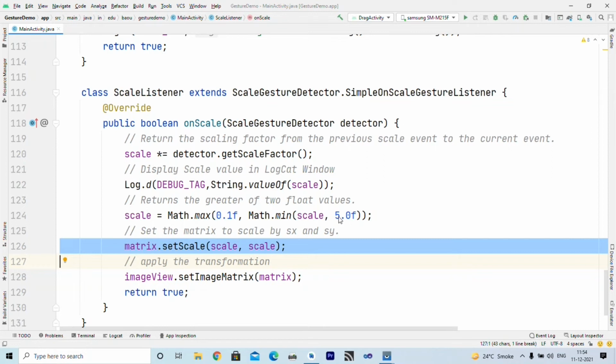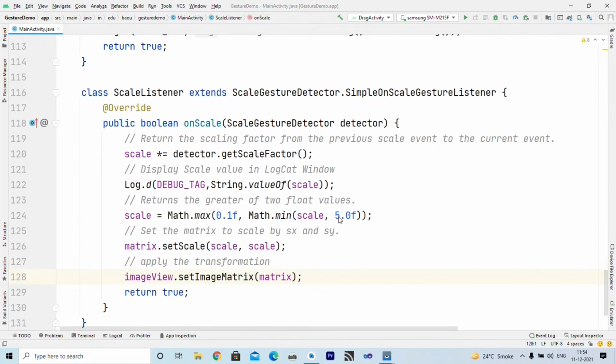So whatever value we get inside scale, which has a 10% to 500% clipping, we actually set the matrix to scale by Sx and Sy. Here Sx, that means the scale factor in the x direction, is scale, and we want to scale the same in the y direction also. Using this method we actually set the new height and width for our image.